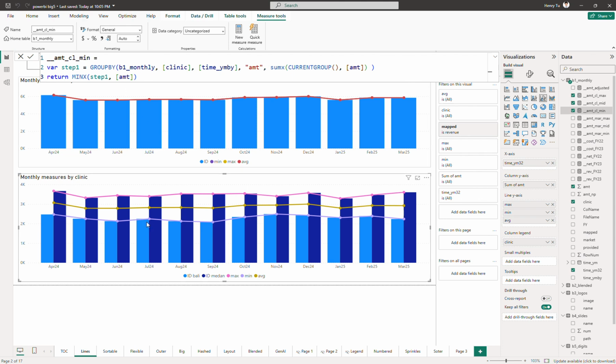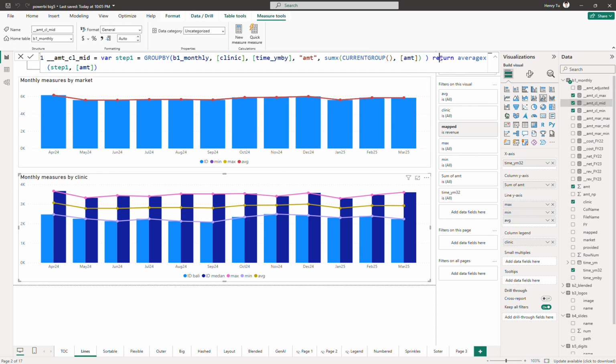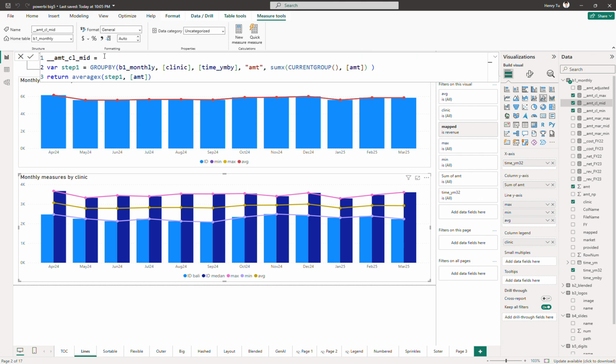So if you have the mean and the max already, then the average will be done in the same manner. Okay, so in here you can see the average. I use the average function in this case. You can use other functions,